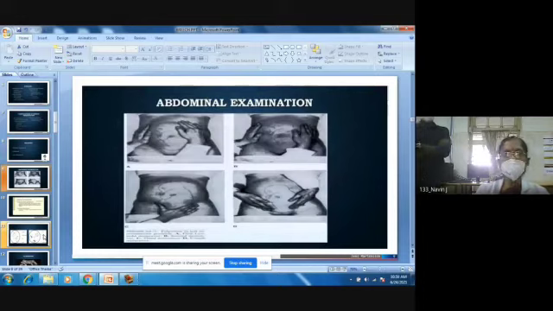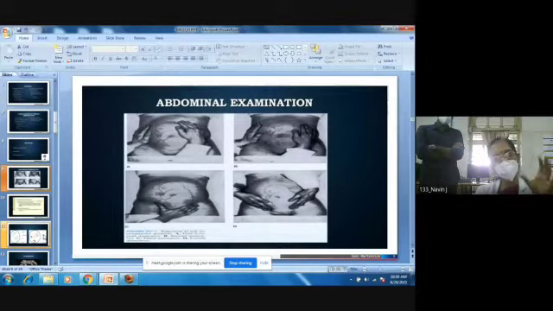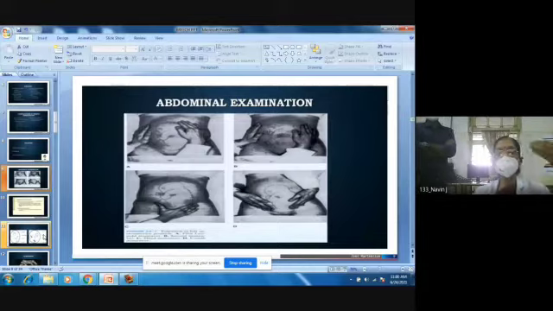Right. On abdominal palpation, like she already presented, you can feel the head by the fundal grip. You can feel the head in the upper pole, and the head will not be ballotable, like I told you, in a frank breech where both the legs are splinting the head, and you will feel the breech in the lower pole, right? And you will feel the fetal heart above the umbilicus. So that will give you a suspicion that it could be a breech presentation.